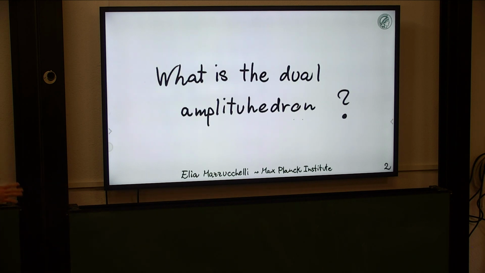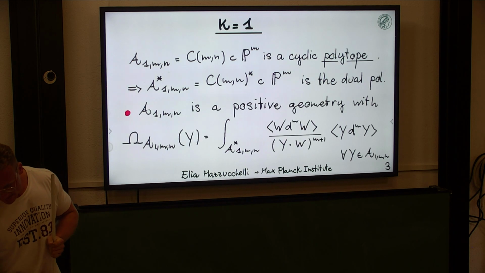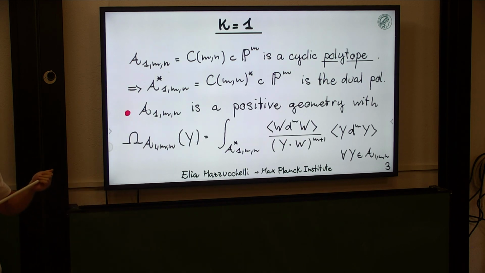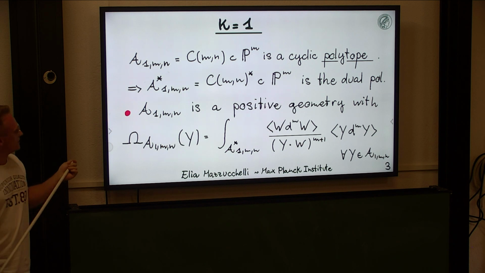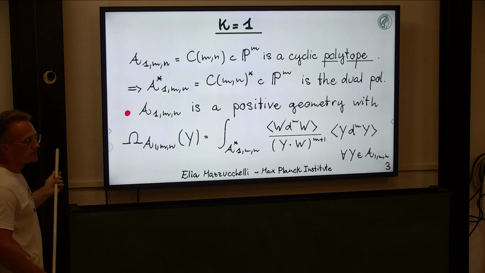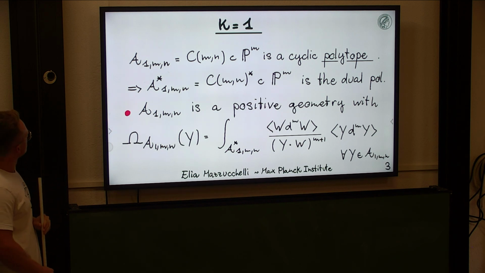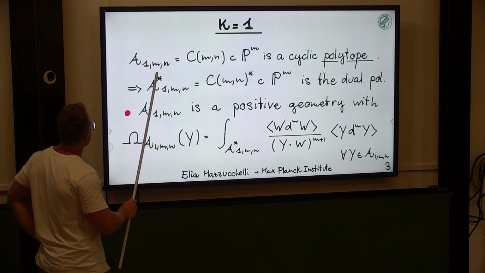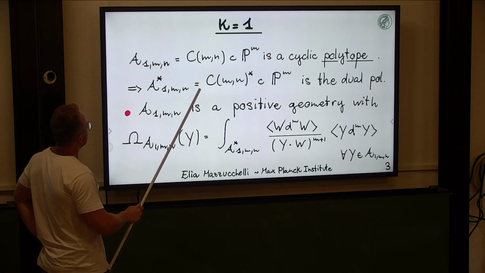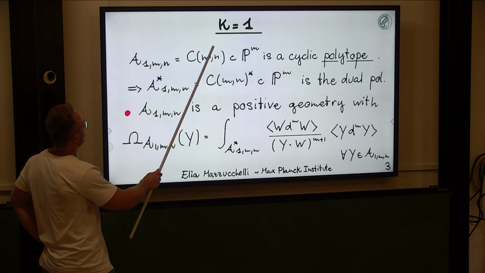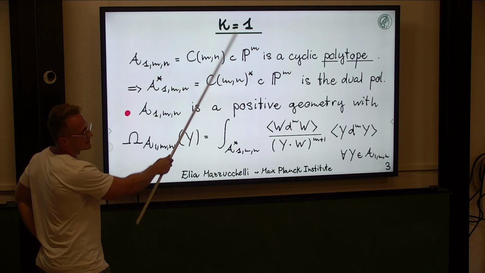So I'm going to try to keep it short. I know we have an apero, so I really want to approach this question. So what is the dual amplituhedron? And let me mention first that for k equals 1 we have an answer to this, because for k equals 1, the amplituhedron is a polytope. In particular, for m and n, it is a cyclic polytope with n vertices in projective m